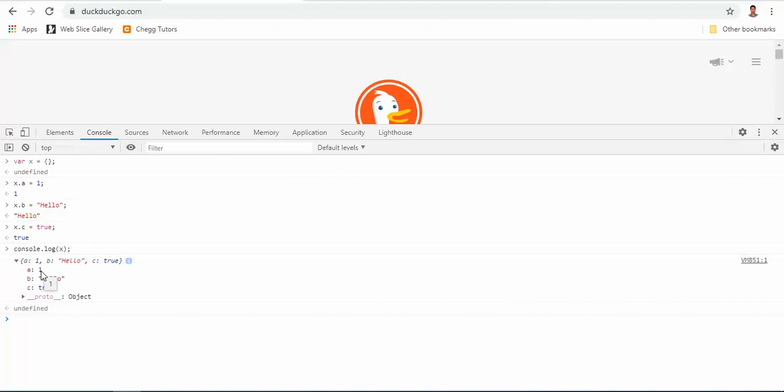Blue color in the Chrome console means it is integer type, and when it is inside double quotes or single quotes, then it is a string, and when it is true or false without any double quotes, you can easily identify that it is a boolean variable. So till now we have seen three data types: string, number, and boolean, and two other topics: arrays and objects.